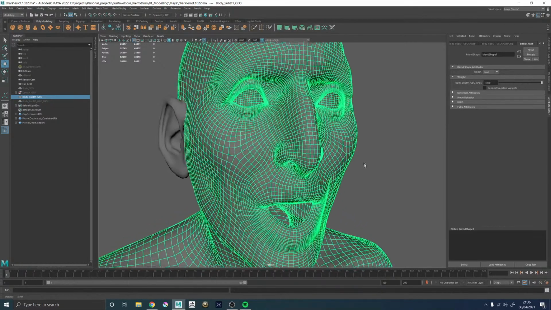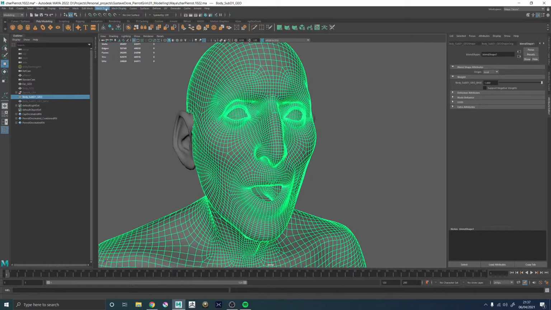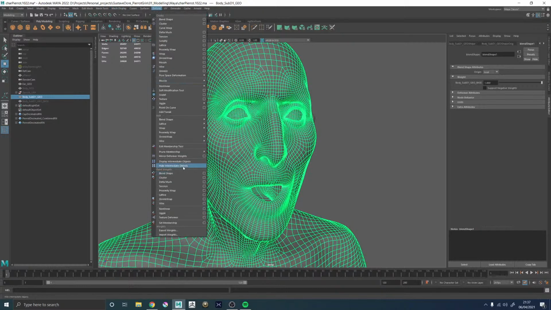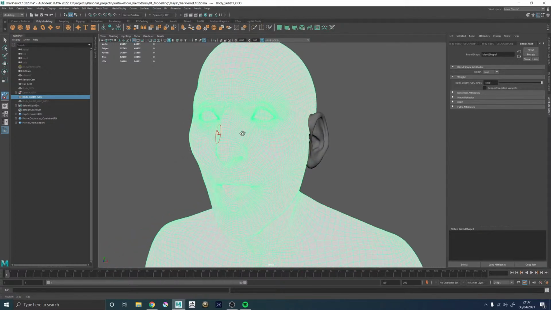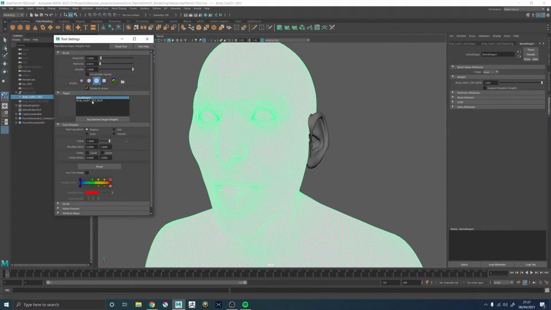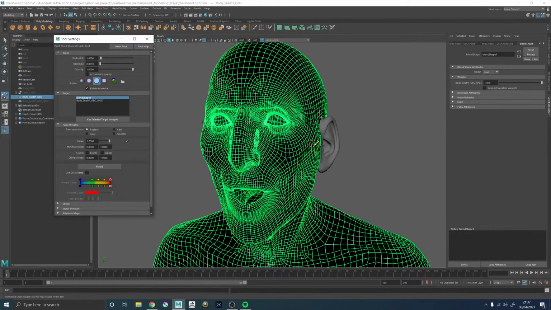Okay, so that's the difference. And let's just create a, where do we find it? Where do we paint? Let's paint blend. Oh, yeah, paint weights. There we go. So let's go to tools. Replace. Let's flood to 0. We just want to paint areas like inside the eyes and